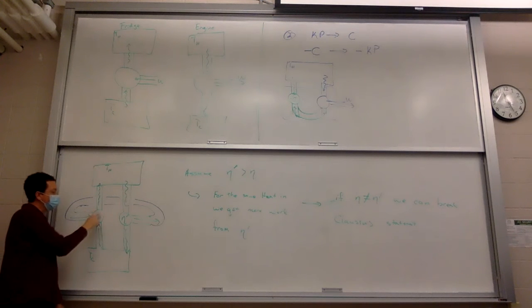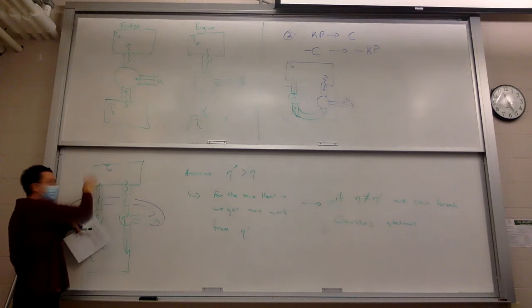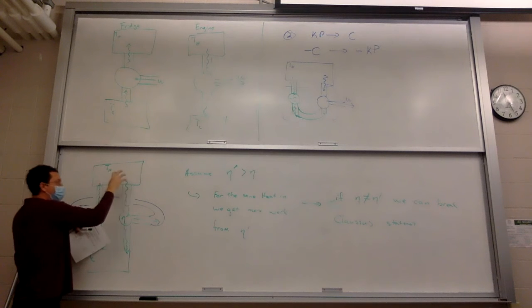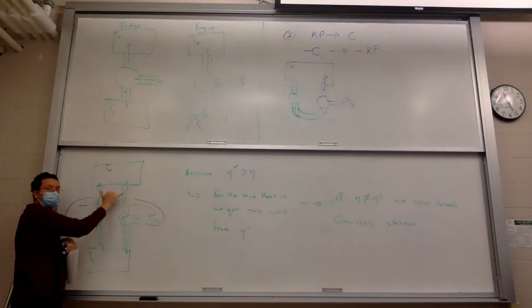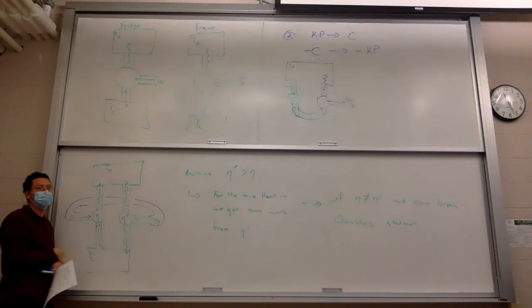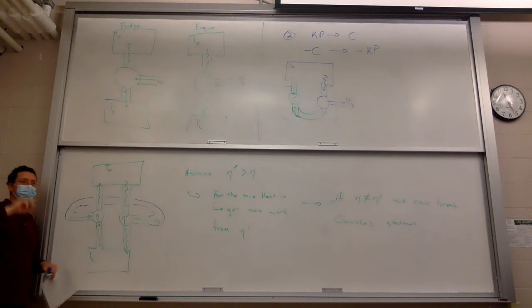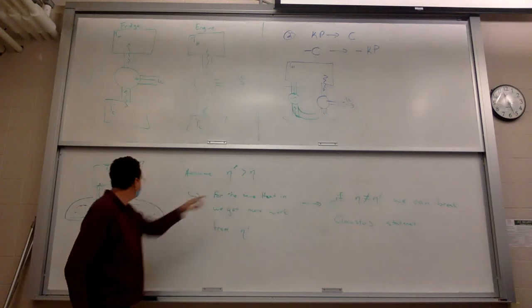So if this one was less efficient, then when I ran them with the same amount of work, it needed more inputs. So this heat as a magnitude is bigger than this heat. That means when I reverse this, overall the total heat for the whole thing is going into the hot and out of the cold. The wording is a little tricky, but is the idea clear? Hopefully. But there's nothing special about what was eta and what was eta prime.